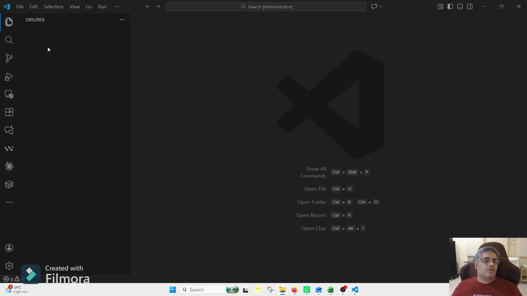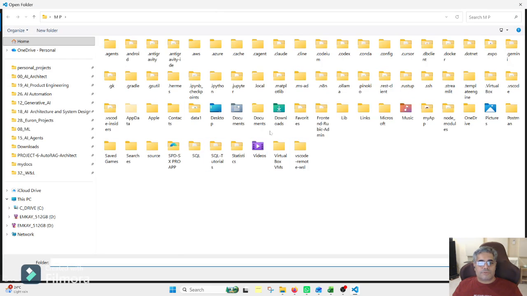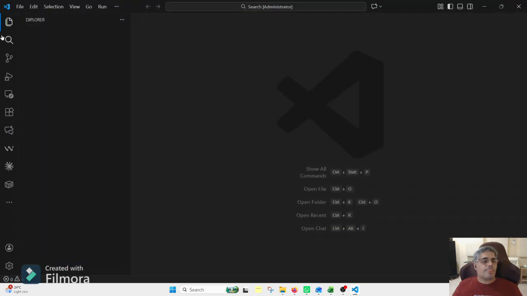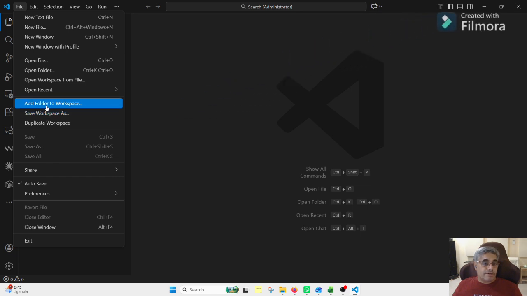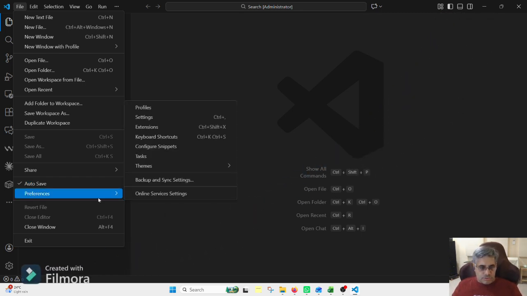Now we are looking at the Visual Code editor after the installation, right? On the top, in the menu bar, you have File, where you can create a new text file, new file, open folder. So this is how you open a folder, and you can add a folder to the workspace and auto save. This is very important. I usually prefer having this checked here,